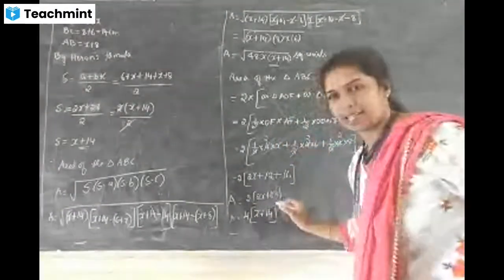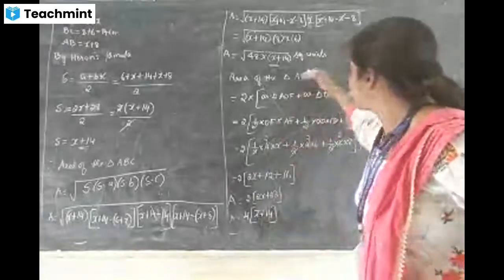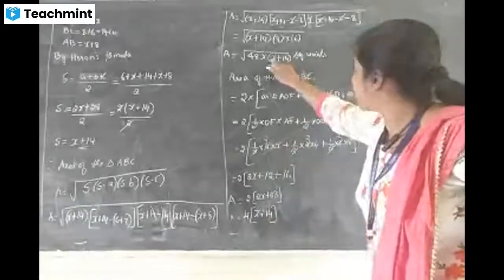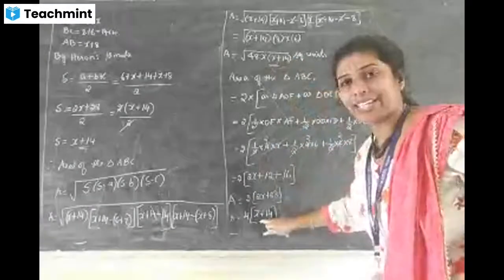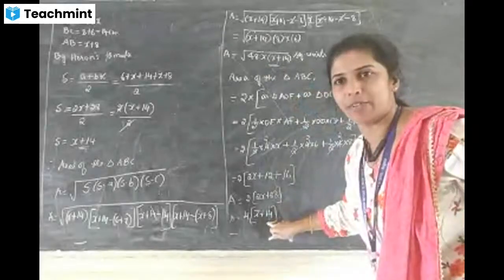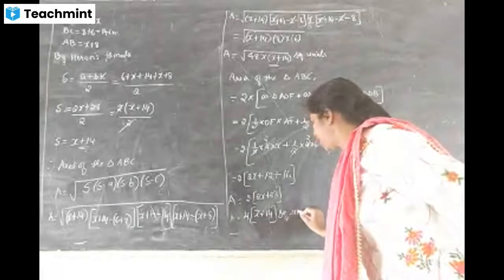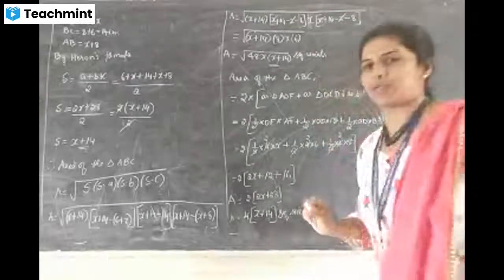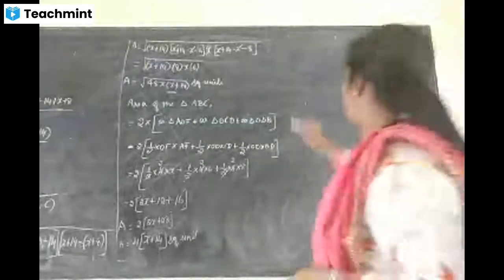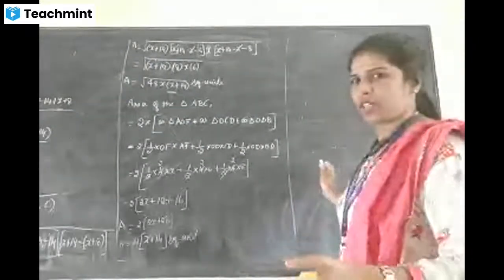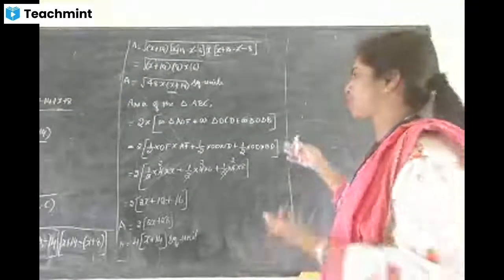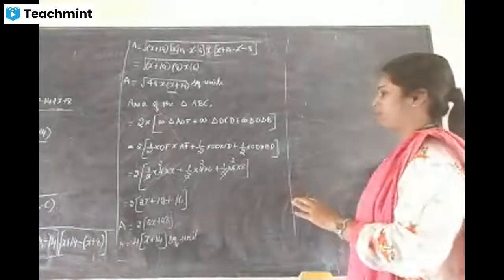I said I wanted to compare this area and this area. Here x plus 14 is there. If I write x plus 14 here, that may get cancelled somewhere. We'll see that. If you multiply, you are not getting it wrong, you will just get one extra step. Already it is a long problem. If I take an extra step, one board is not enough for one problem.